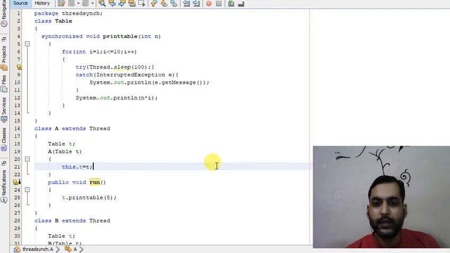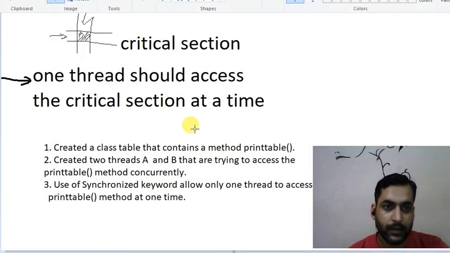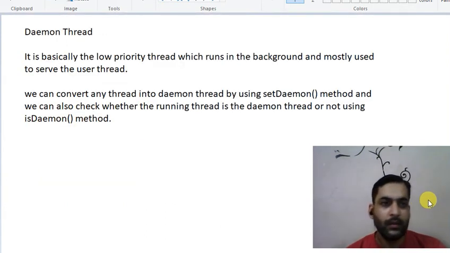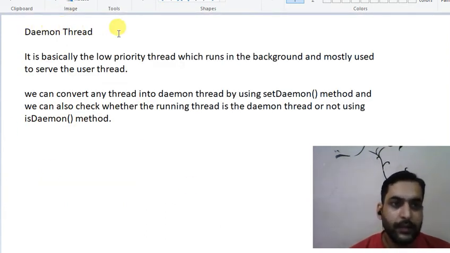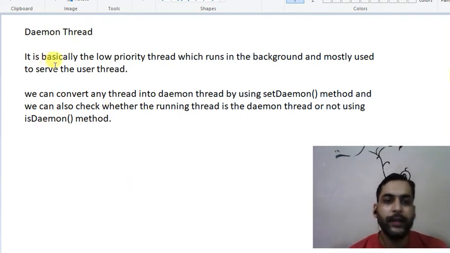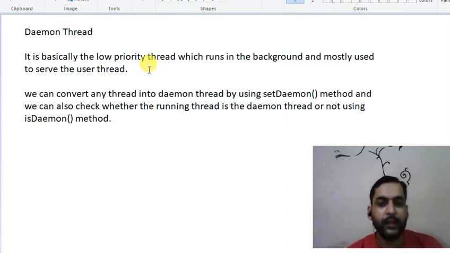Now there is one more concept in multi-threading programming known as daemon thread. So let me explain it. Daemon thread is basically a low priority thread which runs in the background and is mostly used to serve the user thread. That means we can consider it as a servant thread which may be used to serve other important threads.